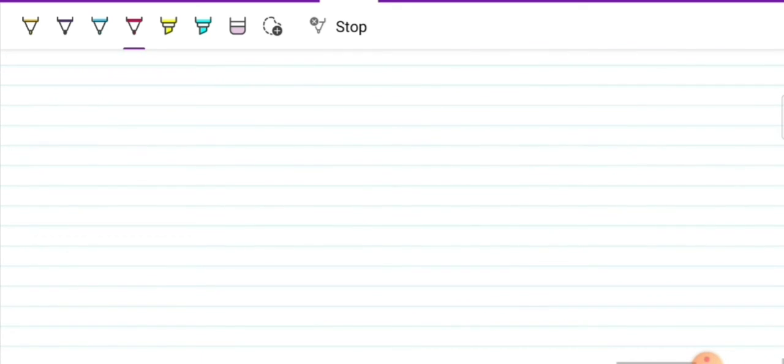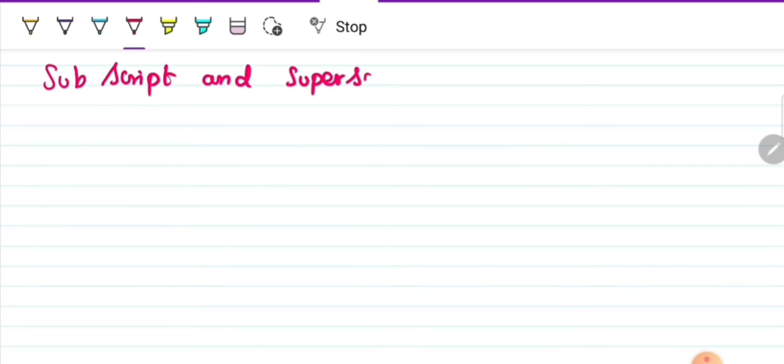Subscript and superscript. Before entering into these tags, we can see what subscript and superscript mean. In a chemical equation or a mathematical expression, you will have powers, that is a square, b square, like that.